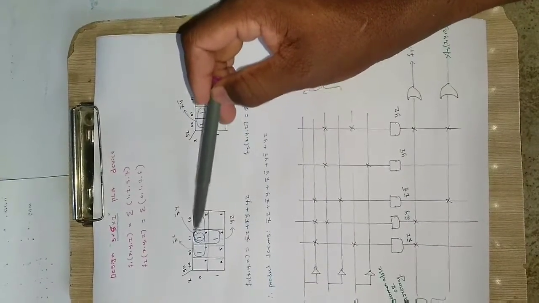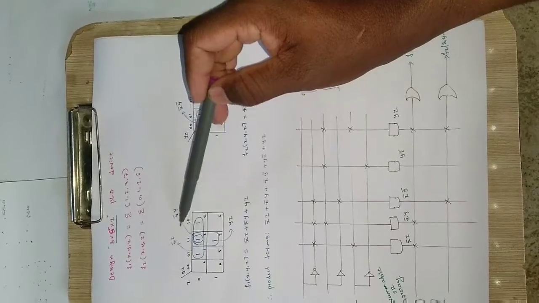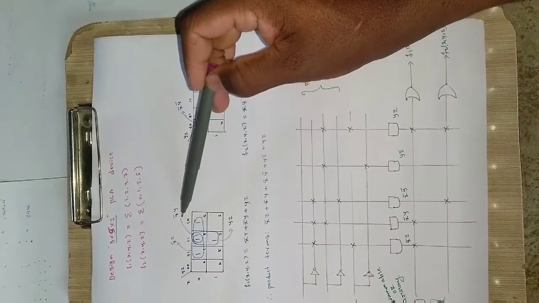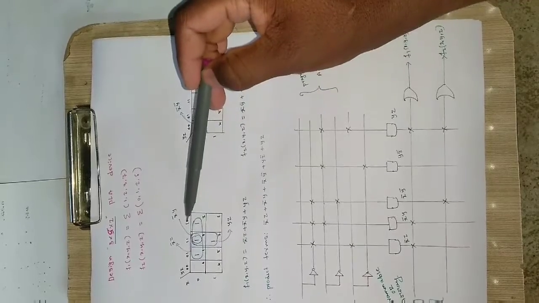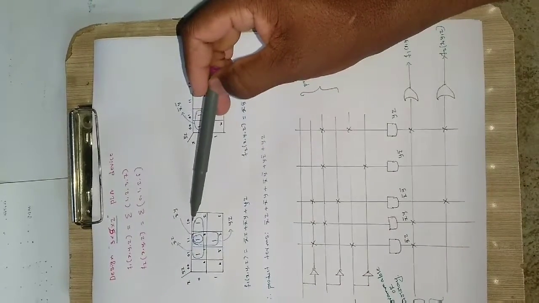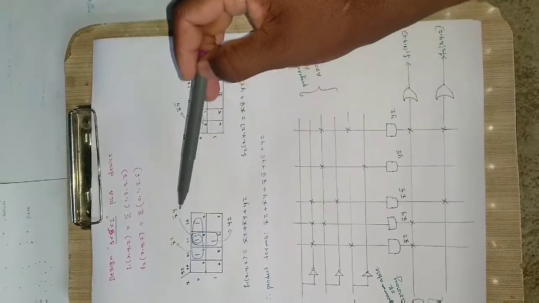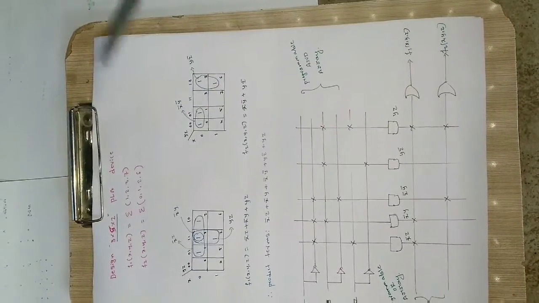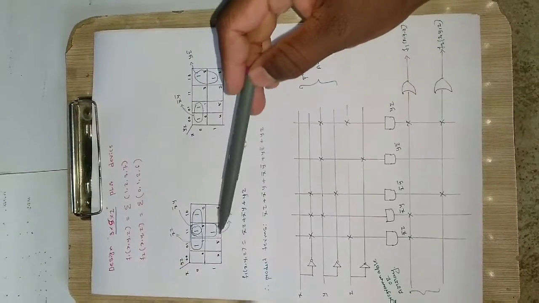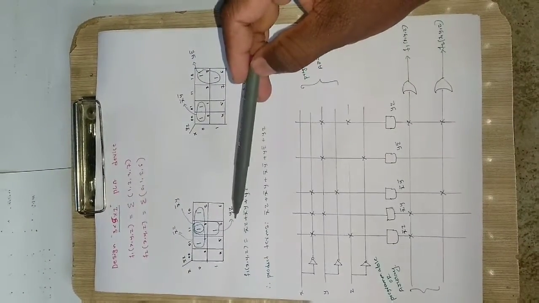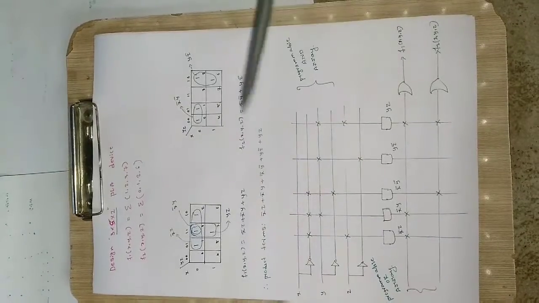Now combine these two, and we will get x bar into y, because here you can see z is 1 and it changes to 0. The term which changes in the combining is removed and the terms which are intact are kept. So x is 0 and y is 1 in both, so I put x bar into y there. Coming to the third combination, the vertical one, I will get y into z because x is changing vertically. Similarly we'll get the terms for f2 also.